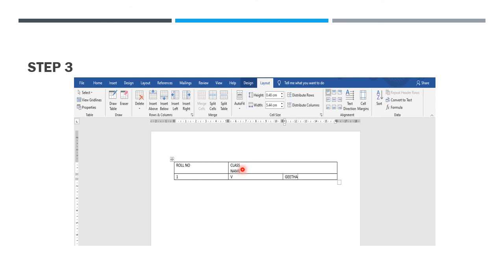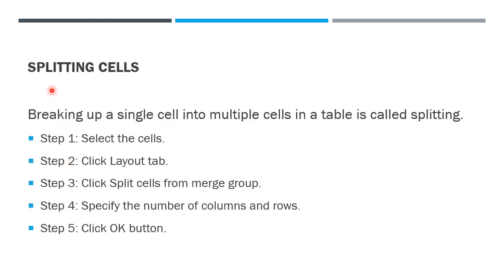See here, in step 2 they have a separate table. In step 3 I used merge cells, so that's why the split cells will be combined in the table. And the last one is splitting cells.